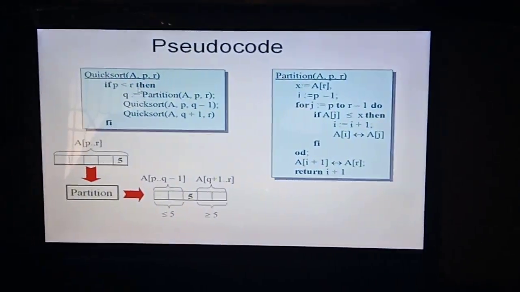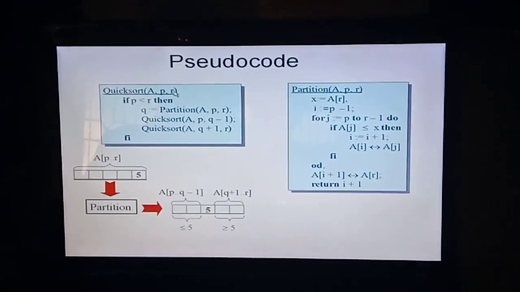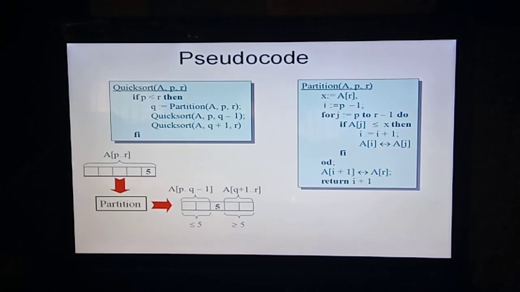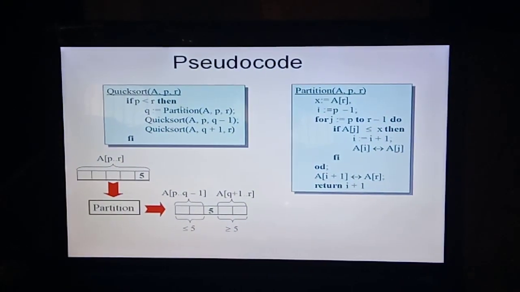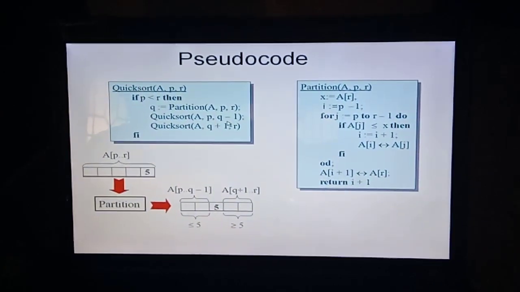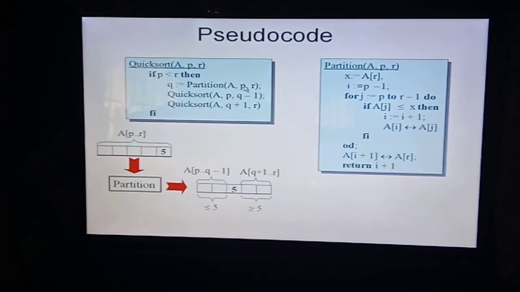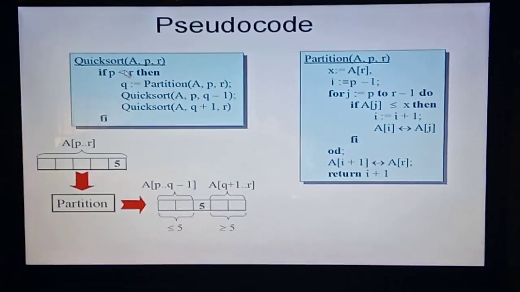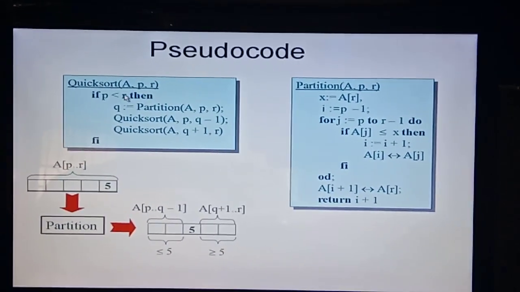So here in quicksort, P is the partition start and R is the ending element. If P is less than R, then you can perform the partition and call quicksort recursively. That is nothing but dividing the list into sublists, until P is less than R, that is, the partitioning element is less than the high value.